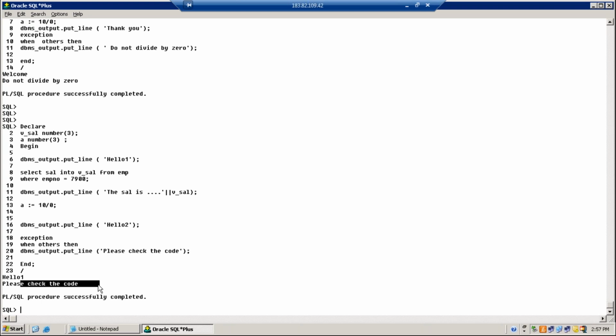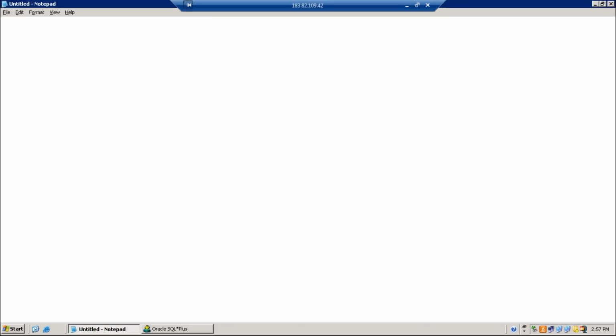Yes. It's up to one's choice, how he codes, how he programs. So which one is better, handling individual exceptions or when others? When others is comfortable because the exception is handled, but debugging will be a problem, isn't it, Jamal? Okay. Yeah, right.